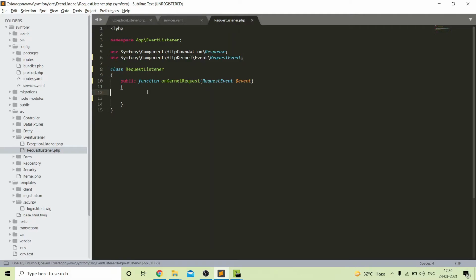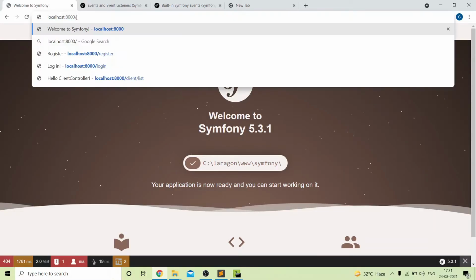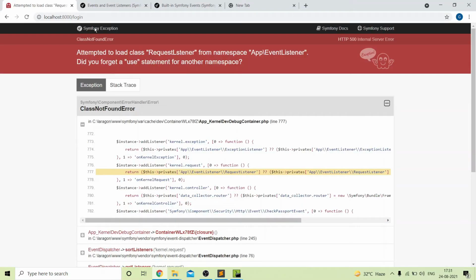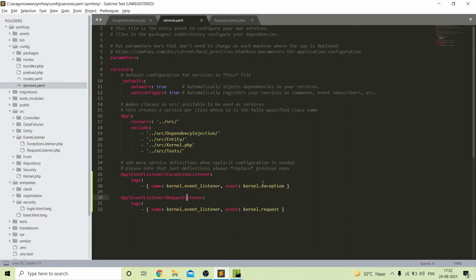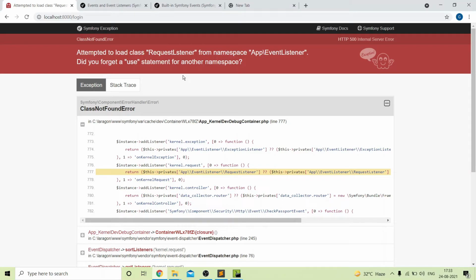Now if I print anything here, then you can see that the change will reflect on our browser. And now if I go to our login screen, here I have made one mistake. There was a spelling mistake. Now if I again refresh my page, then we will check if the error is resolved or not. So our error is fixed, and you can see that once the page is refreshed, Symfony first goes to our request listener before going anywhere else.